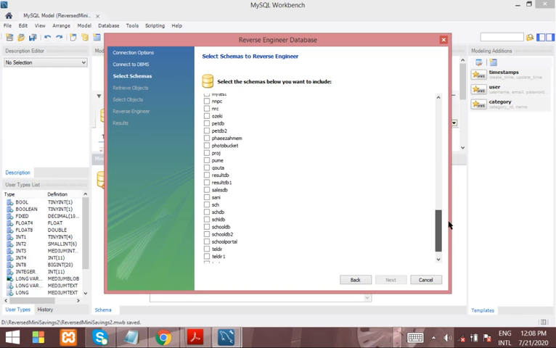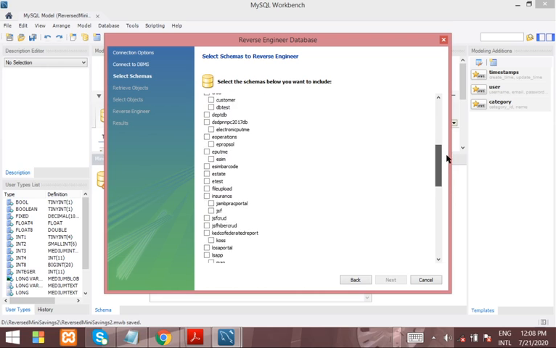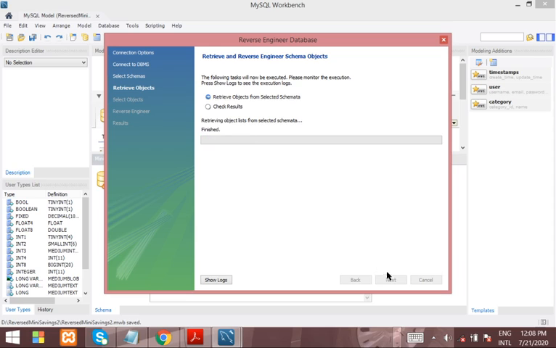So it is called mini savings, right? Is it here? Okay, mini savings 2. You select it and click on next. Then you give it time to finish reverse engineering. So what are we expecting? What should be our result here? Model. Thank you. We are anticipating to see a model for the database. So let's wait.